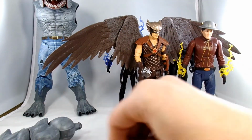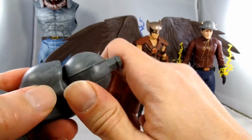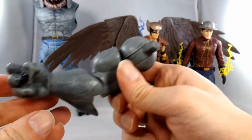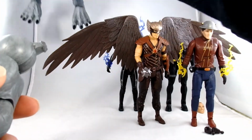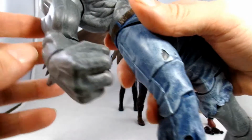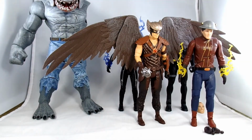Over here, we got the right fisted arm of Mr. Sharky, which I wish there was a swivel at the elbow, but there's not. But at least there's a swivel at the wrist there. Not too bad. Bring him up here, see how easy this pops in. Wow, really easy. Nice. You guys can't see that because, you know, he's huge. But now he has his arm. We'll take a good look at him in a second. And then the other arm